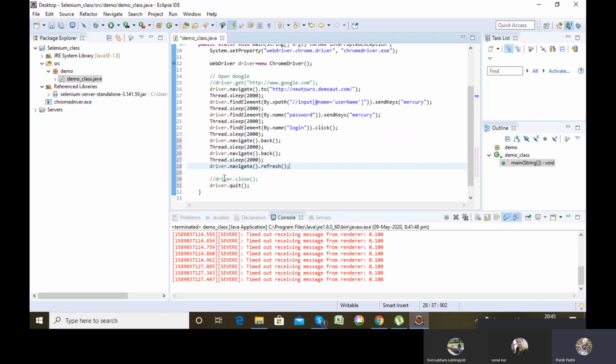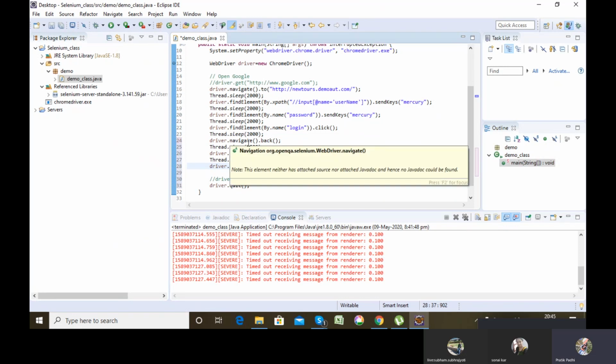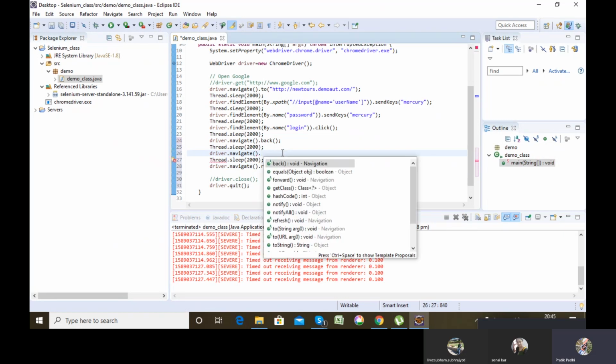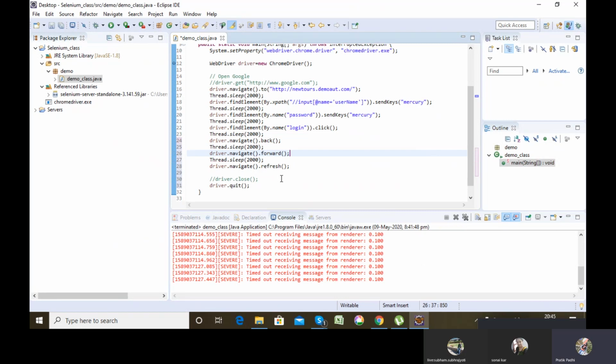So what it will be doing here is it will perform the exact function which is done by clicking the back button of the browser. Here, oh sorry, here it will perform the exact function which is done by clicking the forward button of the browser, and here for refresh, what you would do to refresh a page, that will get performed. So let's see what happens.